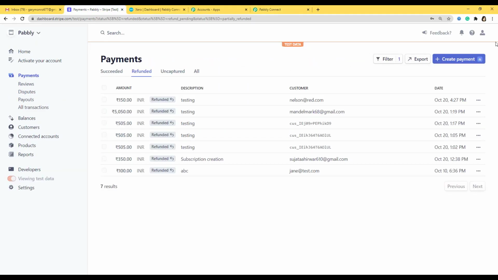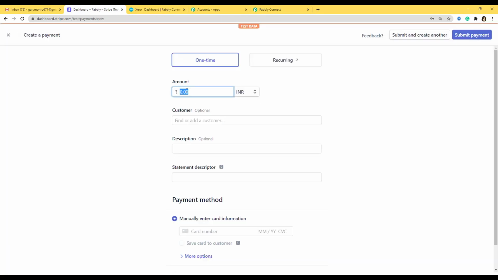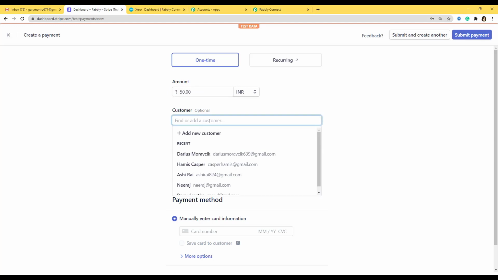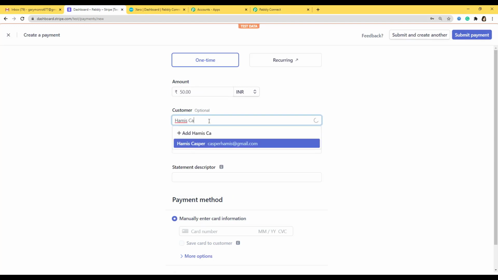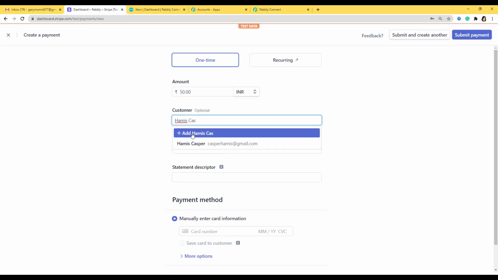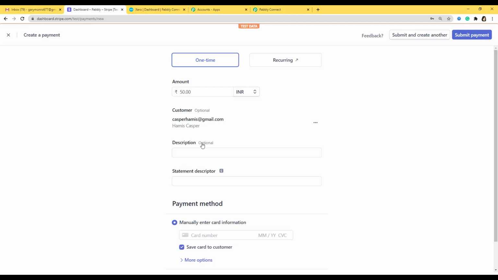So now what you have to do is you have to click on create payment, and let me create a payment of 50 rupees. Let it be INR. Customer, you have to add a customer. So I am going to add it as Hamis Casper. You can see Hamis Casper. I have already logged in all the details of this customer. You can also create a new customer by clicking on plus add. So I'll just click this.